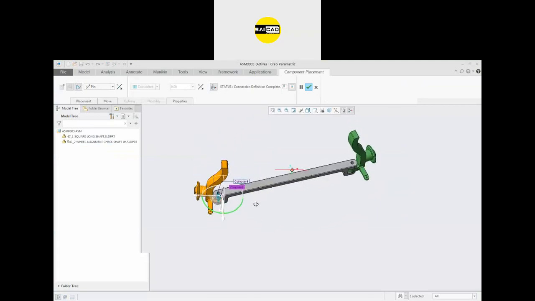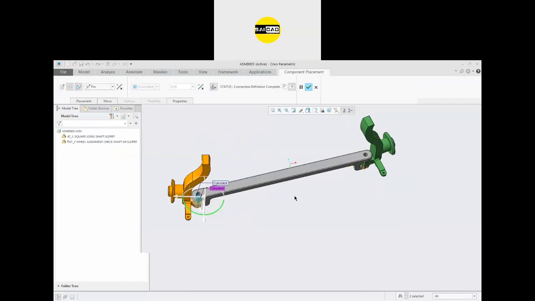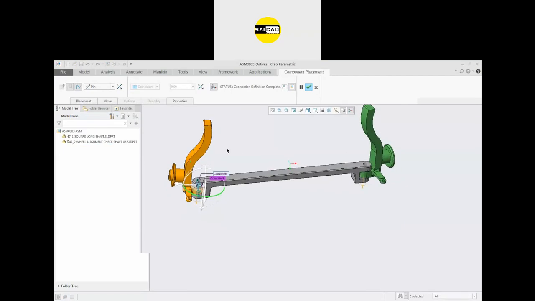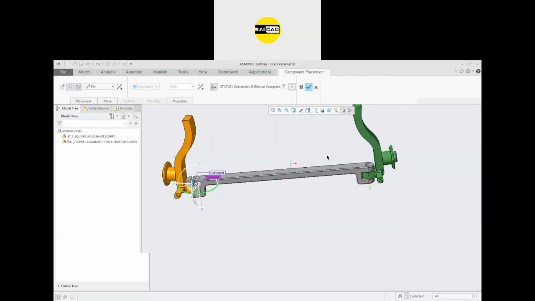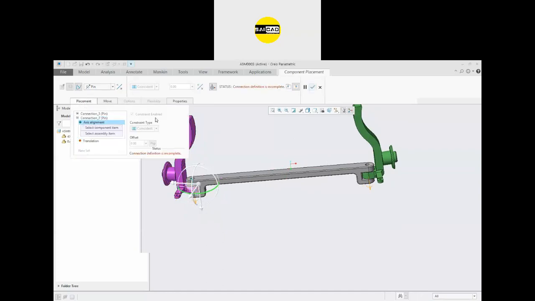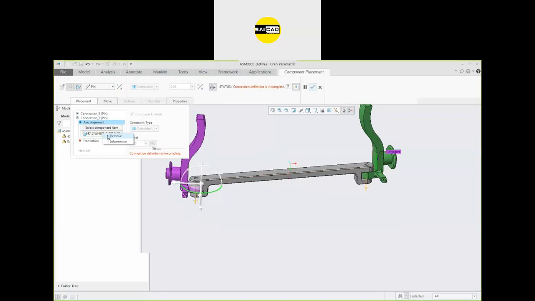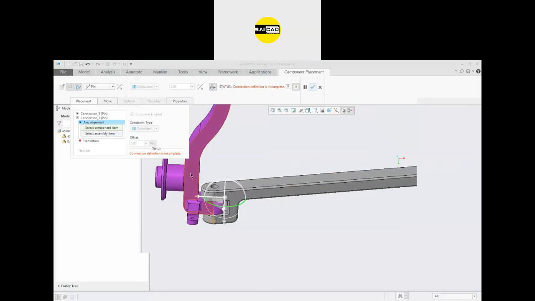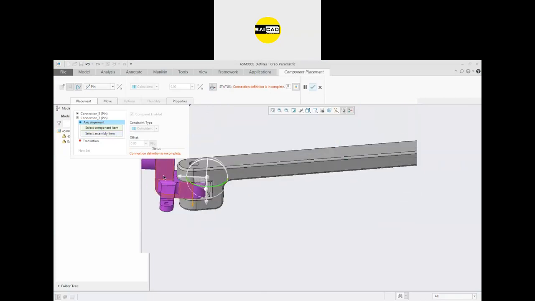I want to add a relation between these two, that these two faces should be parallel at any time. So go to the placement, define a new set. I want to define a relation that this face, not the edge, the face of this face. Okay, so we have to select the face.